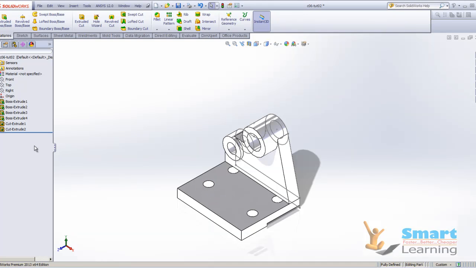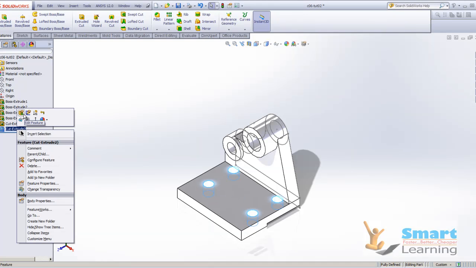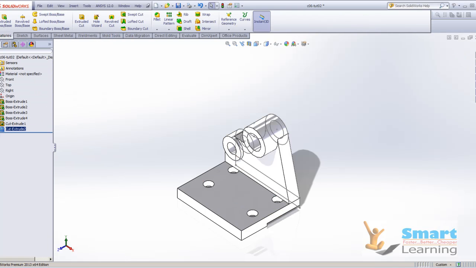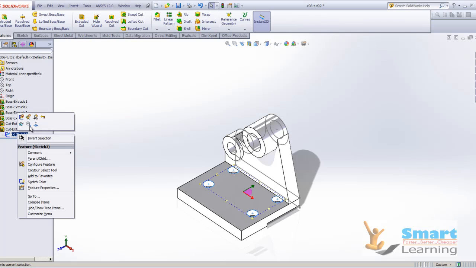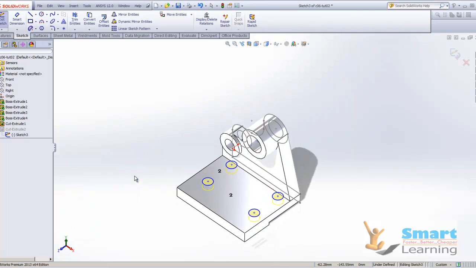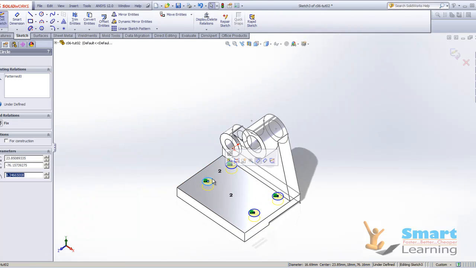And anytime you can update this cut, edit definition, and you can change your depth. Maybe 25 I need, or maybe 10 I need, or whatever the distance you need. Just like that, if you need to control the sketch, you can directly go to sketch and edit it, and here you can have all the properties. You can see